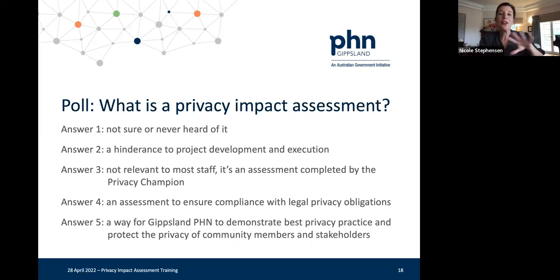If you're in tech and data, if you're in that space, often we hear that a privacy impact assessment is a hindrance to project development and execution. So is that what you think it is? Do you think it's not relevant to most staff? It's an assessment completed by the privacy champion. Is it an assessment to ensure compliance with legal privacy obligations? Or is it a way for the PHN to demonstrate best privacy practice and protect the privacy of community members and stakeholders? So in this case, we can only answer once, but it's definitely important